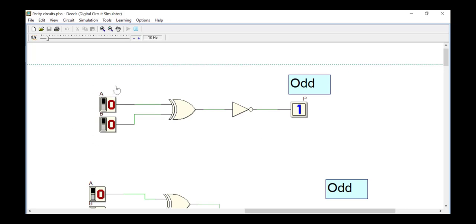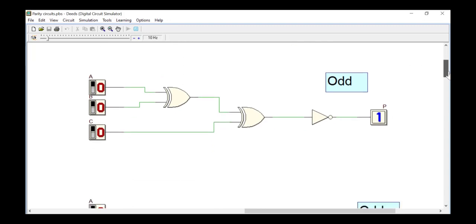If you look at here, both are 0 means it is having even number of ones, so it's going to produce output 1, so the total number of ones will be odd. If I make one bit 1, since your data is already having odd number of ones, it produces output 0. If I make both ones, it is having even number of ones, so it produces output 1, so the total number of ones will be odd.